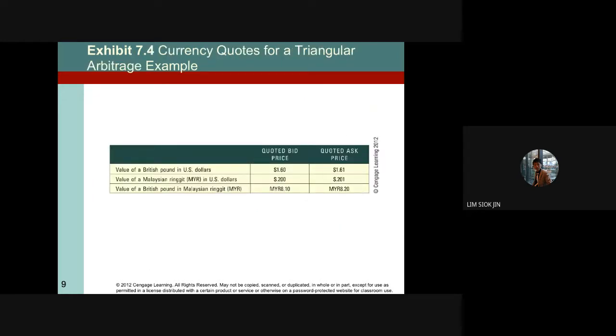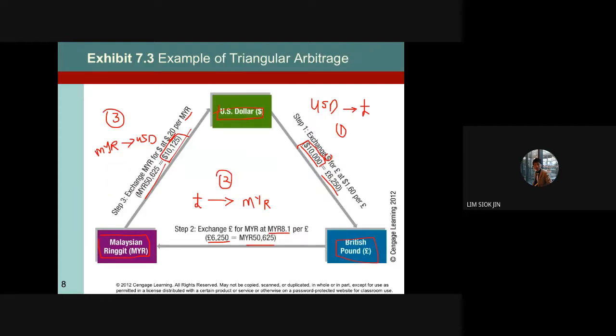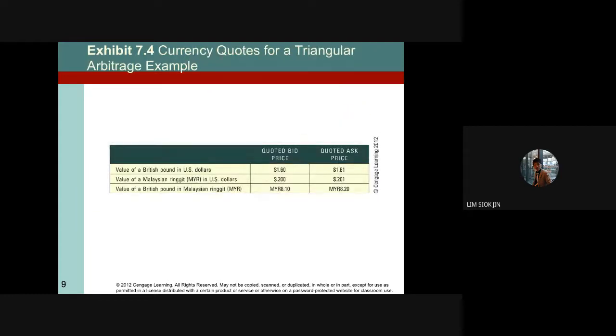So how did this happen? So here in the case, this is how it works. Yeah. So this is in reality. When you see this, how can you see opportunity? It's very hard to see, right? It's very hard to see, because what it means is basically there are just three exchange rates. One is pound and dollar, one is ringgit and dollar, the next is pound and ringgit. So there are three exchange rates here,